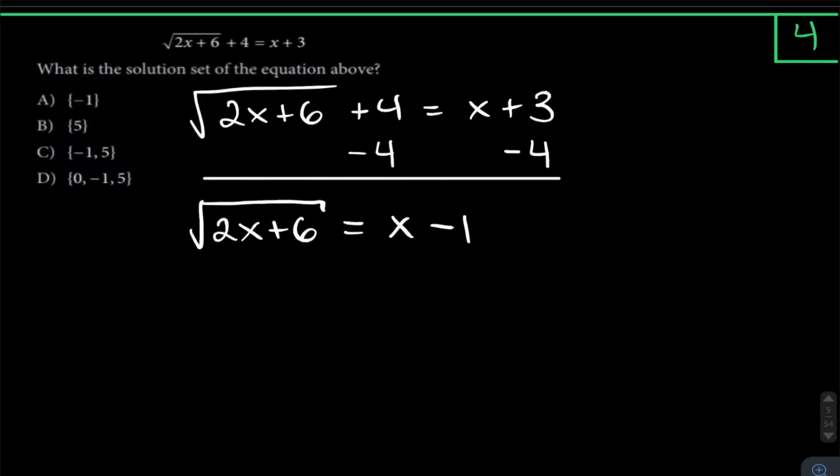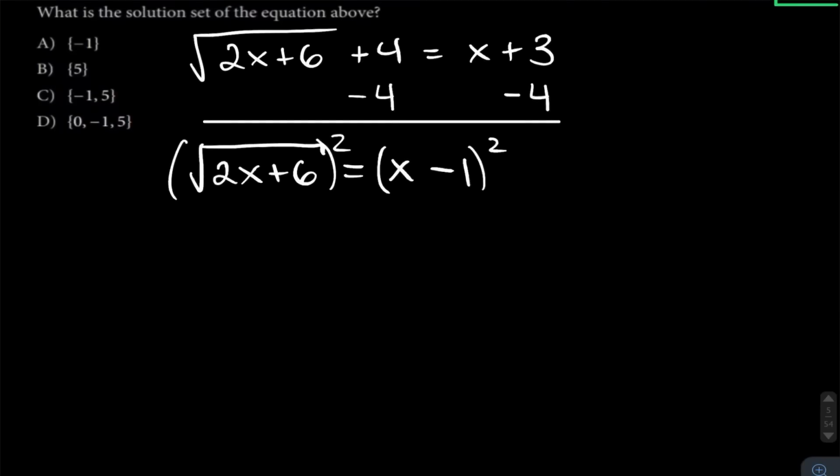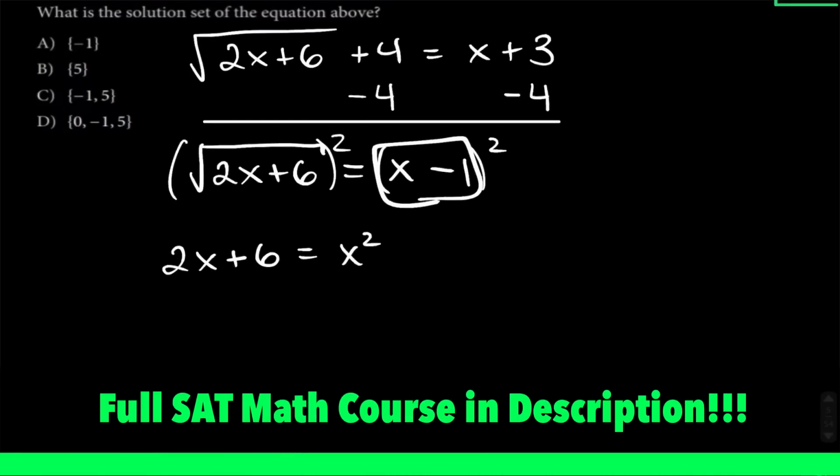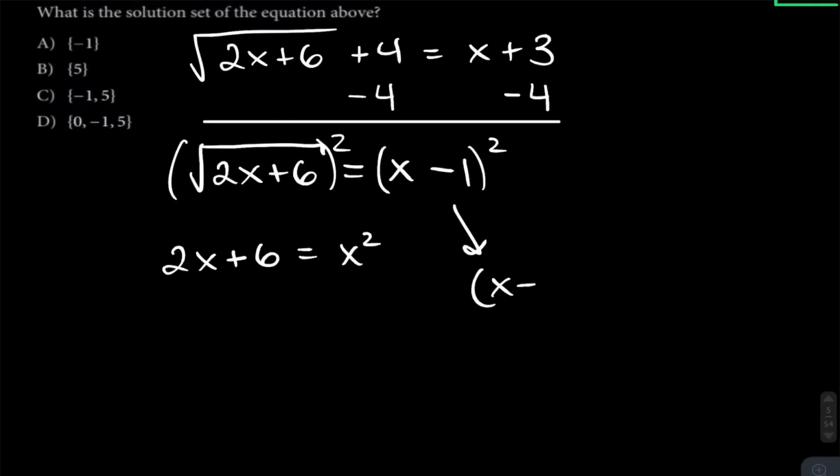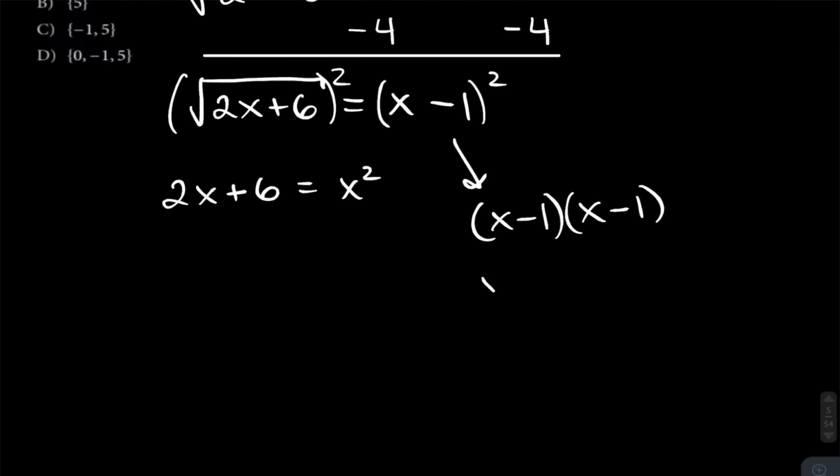All right? Now we can actually square both sides to get rid of that square root. And when we do that, we end up getting that 2x plus 6 equals x squared. And it's really nice, guys, seriously, it's going to save you a lot of time if you don't have to expand this every time, if you don't have to write x minus 1 times x minus 1, and then expand it, writing x squared minus 2x plus 1,